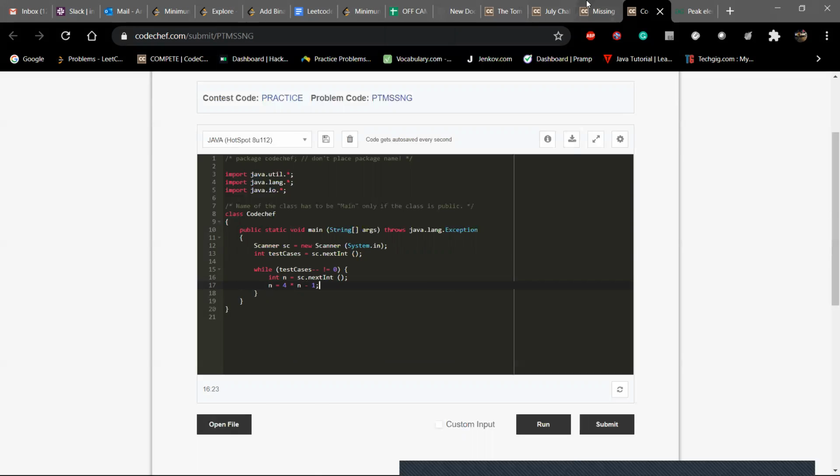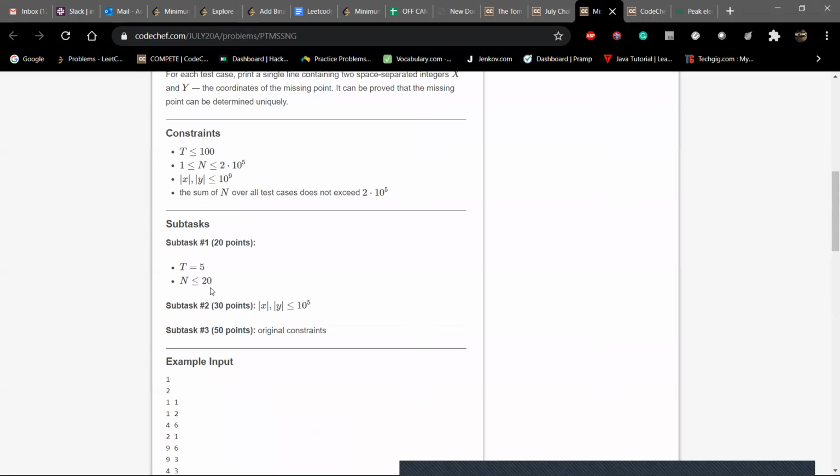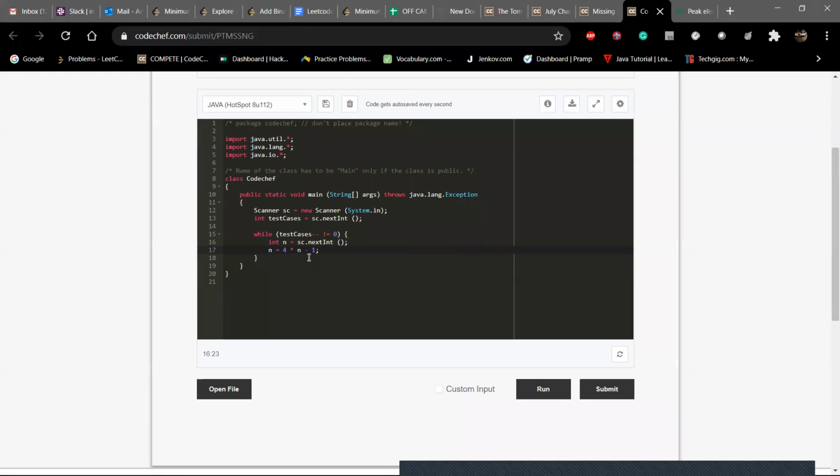The constraints are 10 to the power 5 for n and 10 to the power 9 for the array elements. I take the vertices and store them in maps.